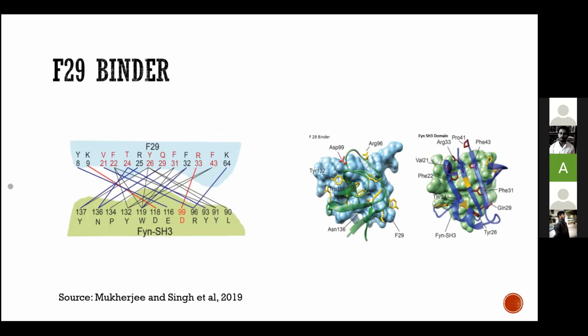Really nice question. So actually, when the NMR studies were done, all these interactions were looked at. When your Fin binder is attaching to the Fin SH3 active part, it forms all of these bonds at once. The Fin binder was made artificially to specifically bind to the Fin SH3 part. Okay, I got it.